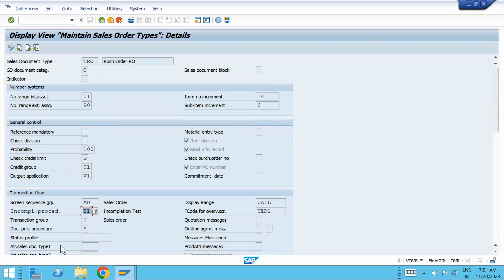Yes, sir. For every sales order, we need to check this, sir. It's not like that. We have assigned the incompletion procedure T1 to the TRO document type. So the fields are maintained in this T1 procedure, and that will work for the TRO document type. Whatever procedure you assign to a sales document type, that document you can check. Clear? Yes. So in the same way, you can add many fields